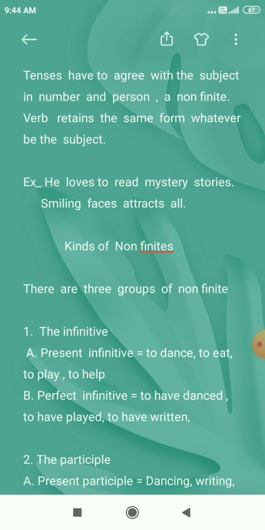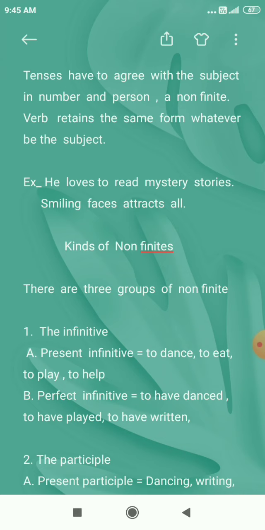The infinitive has two forms, present infinitive and perfect infinitive. In present infinitive, we always use to dance, to eat, to play, to help. And in the perfect infinitive, to have danced, to have played, to have written, to have helped,